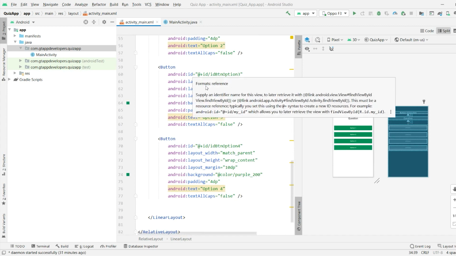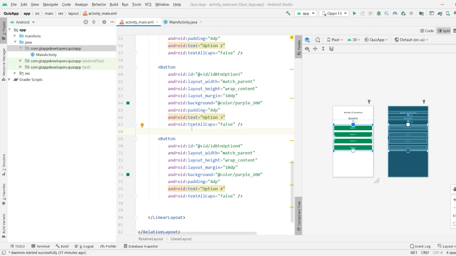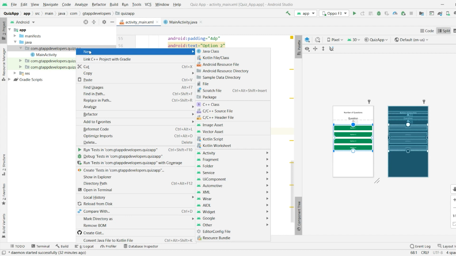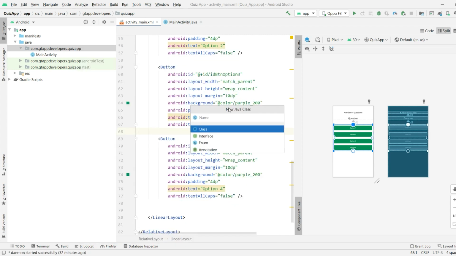Now for displaying this data, we have to create a model class. Inside the model class, we will specify our variables such as the question name, our 4 options along with its answer. So we will pass the data to that model class through an array list, and then we'll access the data inside our MainActivity.java and set that data inside each of our views. So for that, we have to right click on our package name, then click on new and then Java class. After that, we will have to name our Java class as QuizModel.